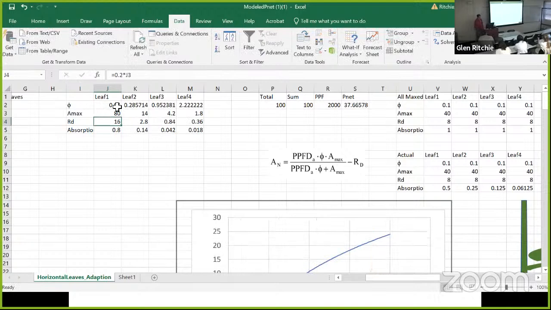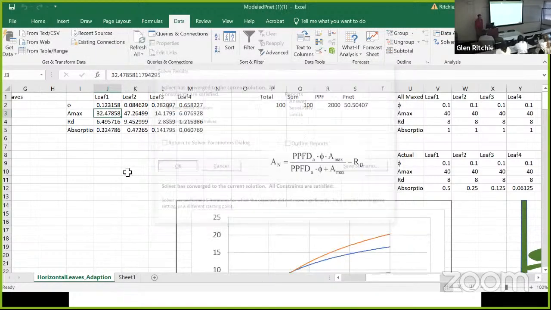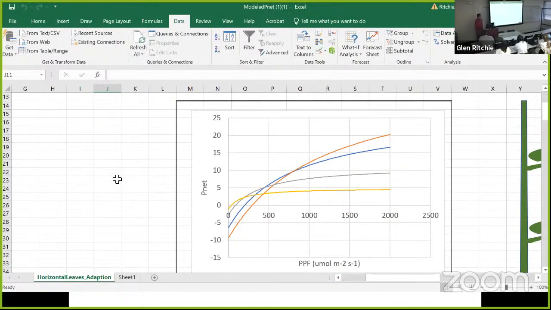Okay, let's go ahead and run this again and just see what happens as we run this with a more logical maximum here. So what you see is you're producing two sets of leaves, or two areas of the canopy that have greater photosynthetic rate at a high light level. You've got one that's moderate light level adapted and one that's low light level adapted.